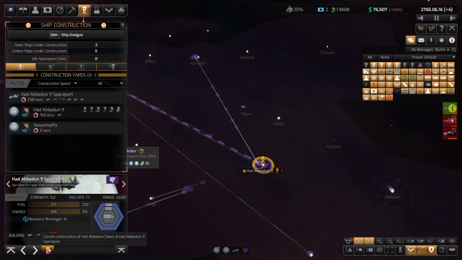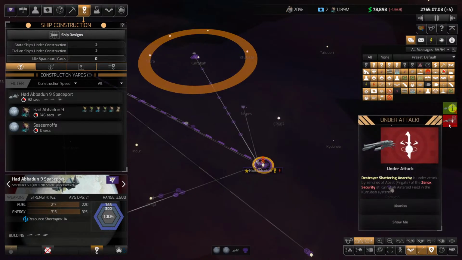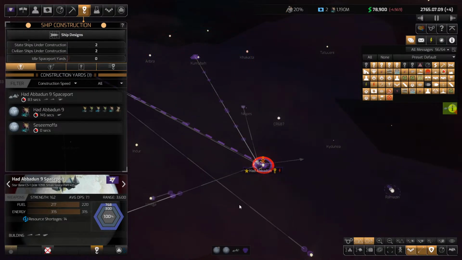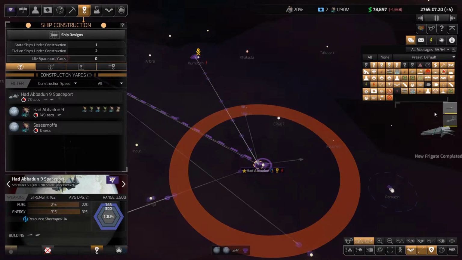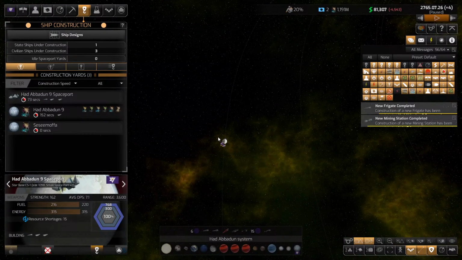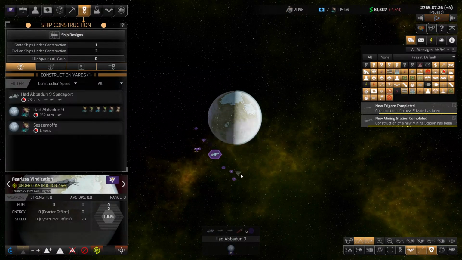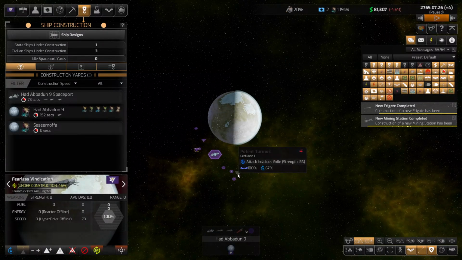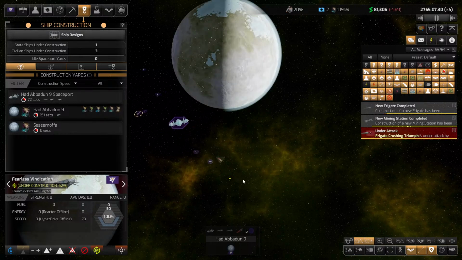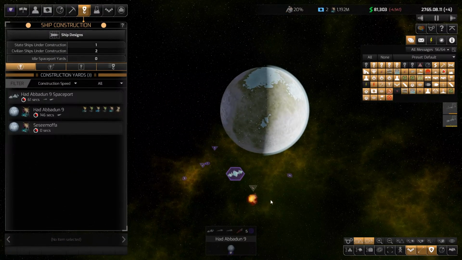I think we cancel the civilian queue. Let them queue up after the freighters. The frigates, I mean. Oh, it already... I don't know what I just did there. New frigate completed. All right. This frigate is going to be...